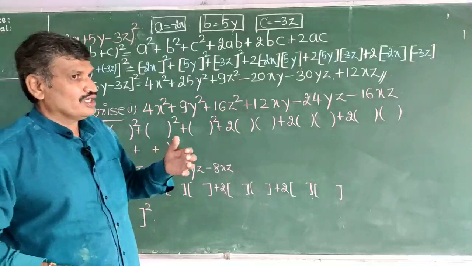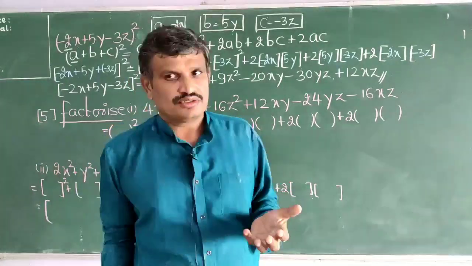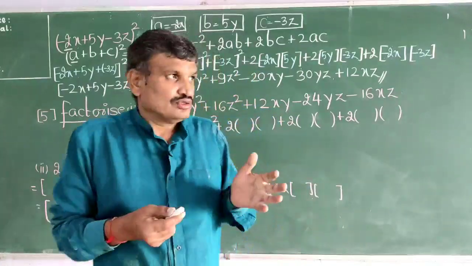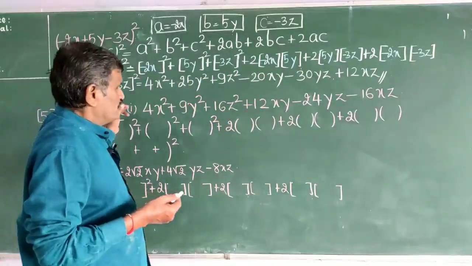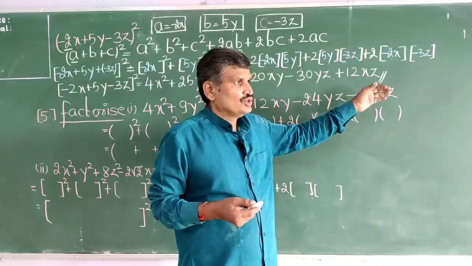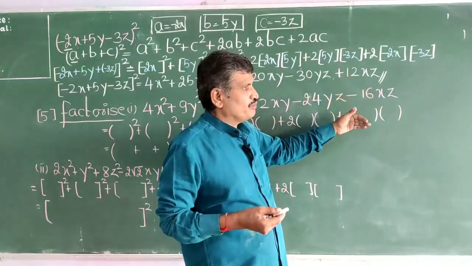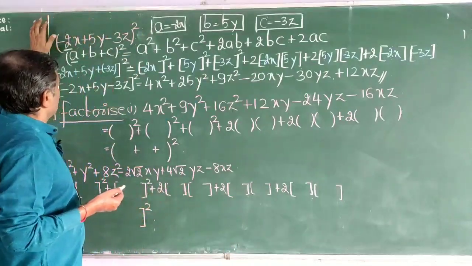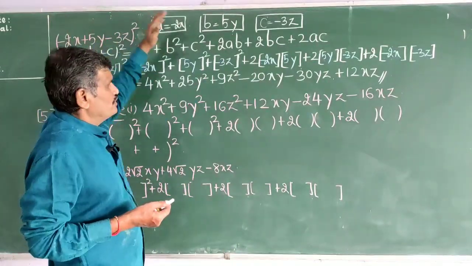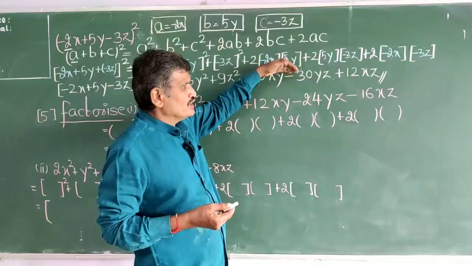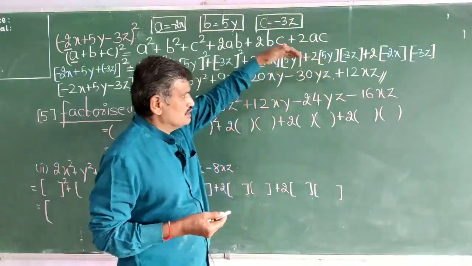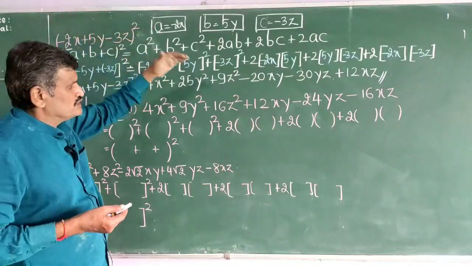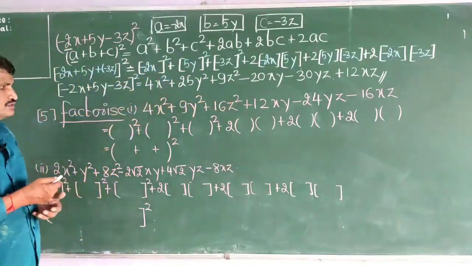See, so far you were asked to expand, now you have to factorize. That means they have already given the expanded form. You have to tell me what should be expanded to get this. Here we have expanded this and we got this. Now what is given is, they have given us this and we want to find out this. So this is the expansion of what?